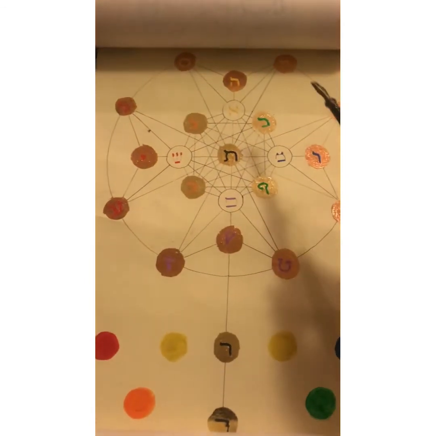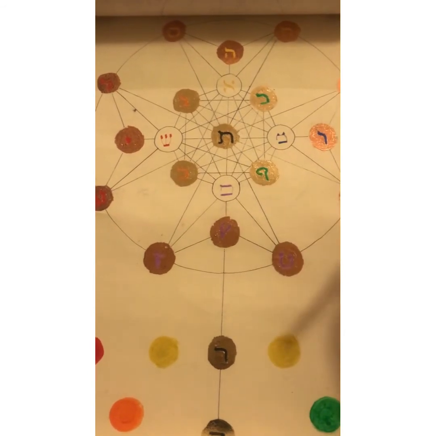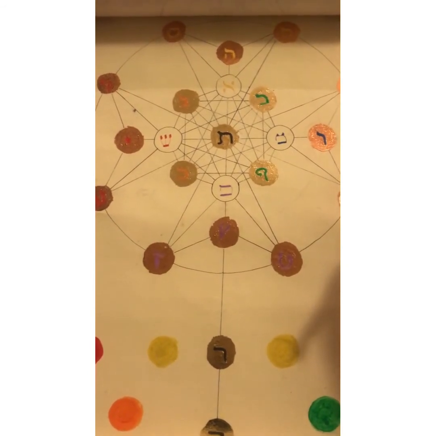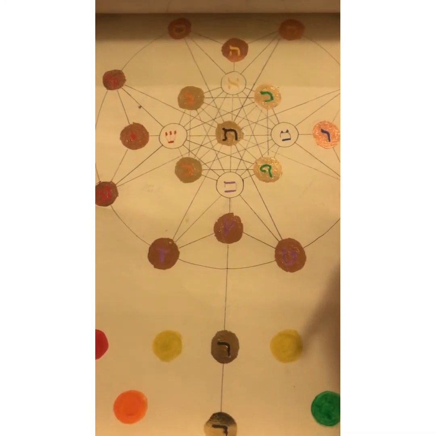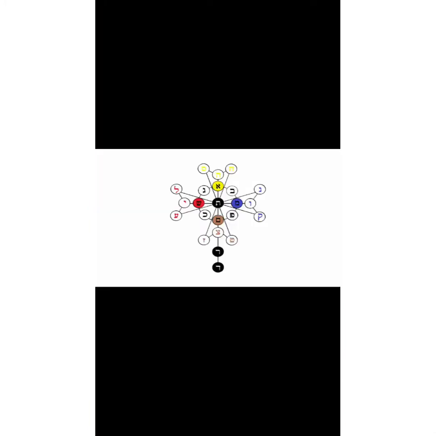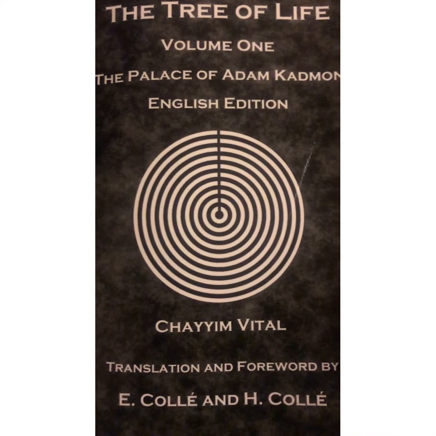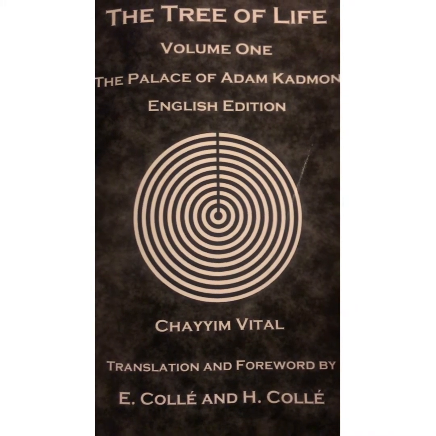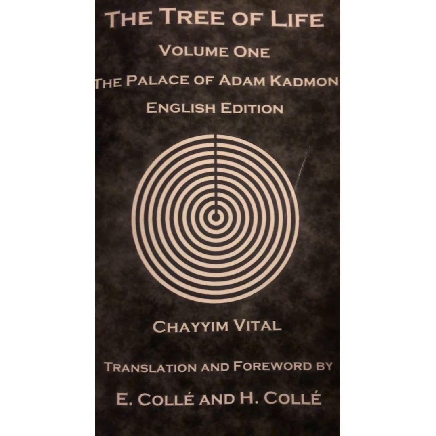Now, regarding the secret of Aleph separates Mem from Shin, we find in Eitz Chaim this. In Volume 1 of the Tree of Life, in a section called the Palace of Adam Kadmon, in Chapter 6, it says this: